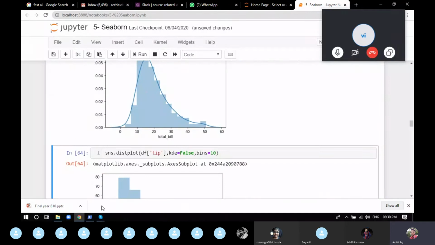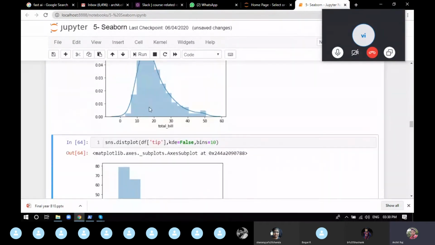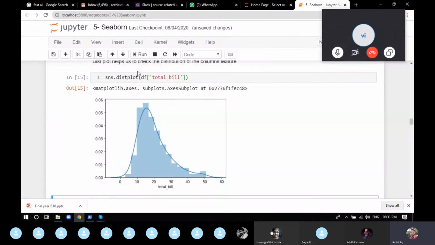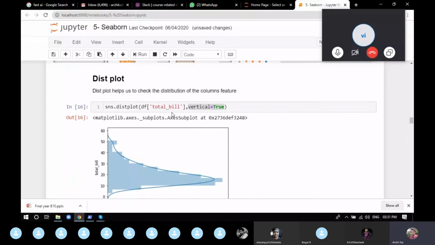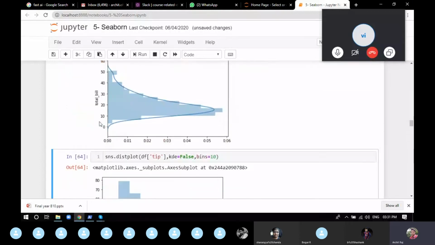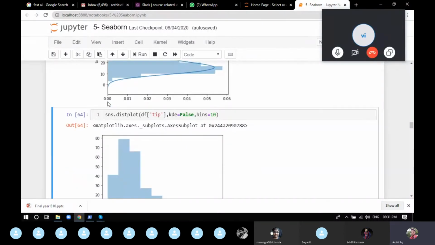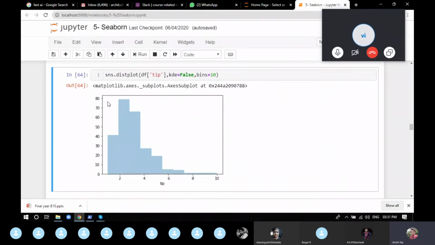Now, if you don't want to know the exact distribution, like a percentage, because what displot gives you automatically, like you can see here also, I'll show you vertical true, vertical not true. What displot gives you is the percentage, like what total percentage of people are between 10 to 20, or what percentage are between 20 to 30, the exact percentage, or the density. But if you don't want the density, you want to know the exact number, like between 2 to 4, how many people are there? The exact number, not the densities.